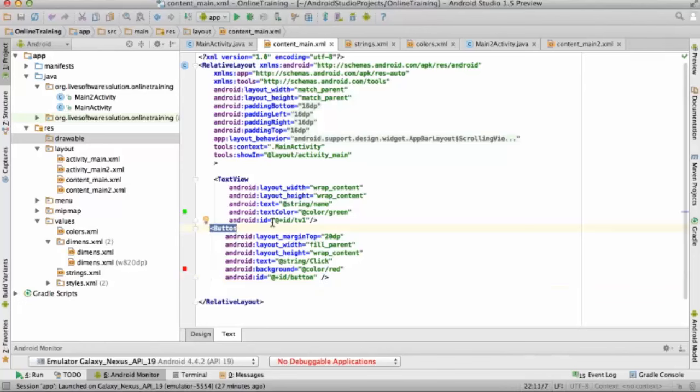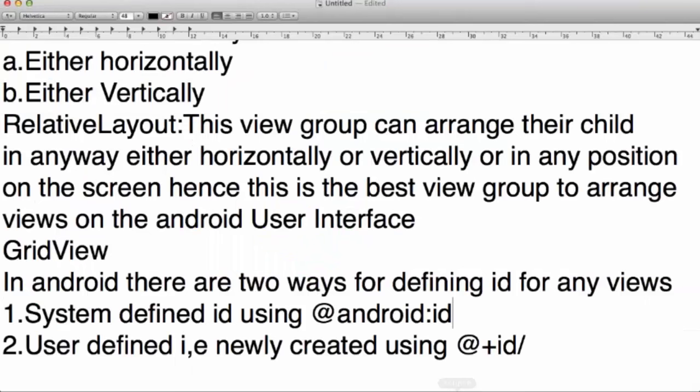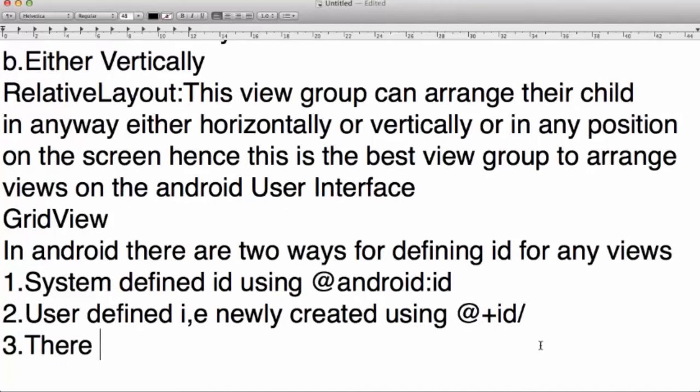So in the case of Android, you can define the name of any view in two ways: either using the system defined ID, or using a newly created one. Generally in certain situations we have to use some system defined ID, and in certain situations we can create our own ID to utilize inside our user interface.